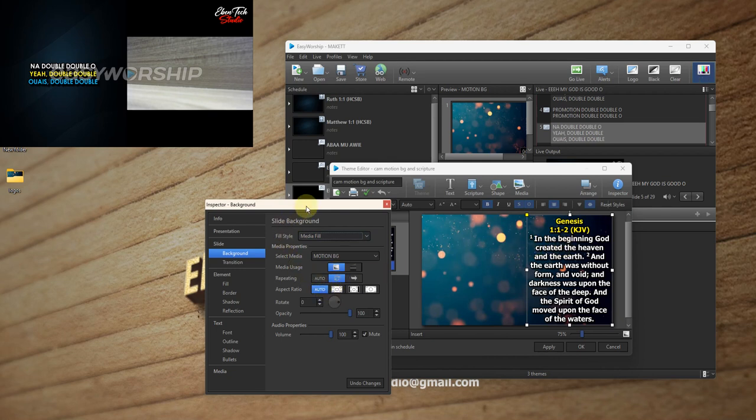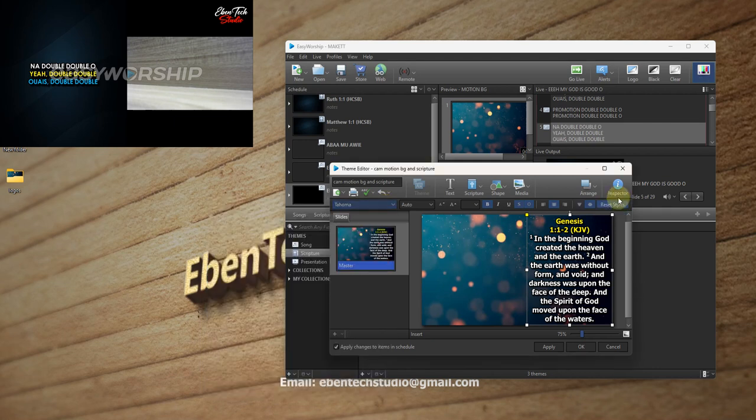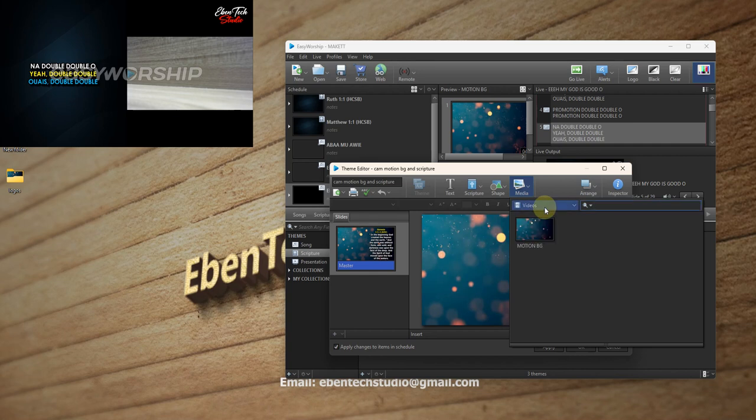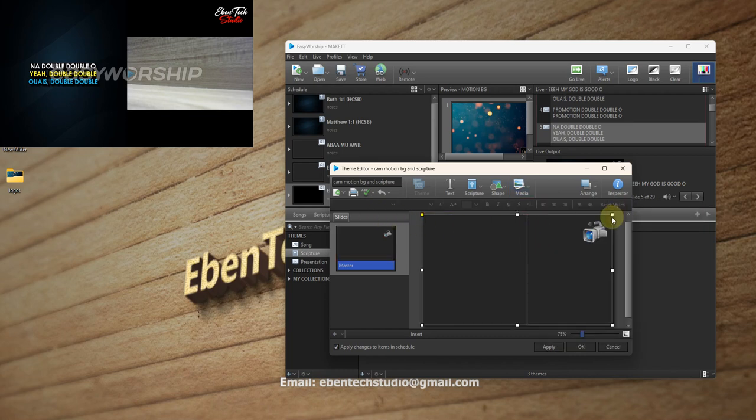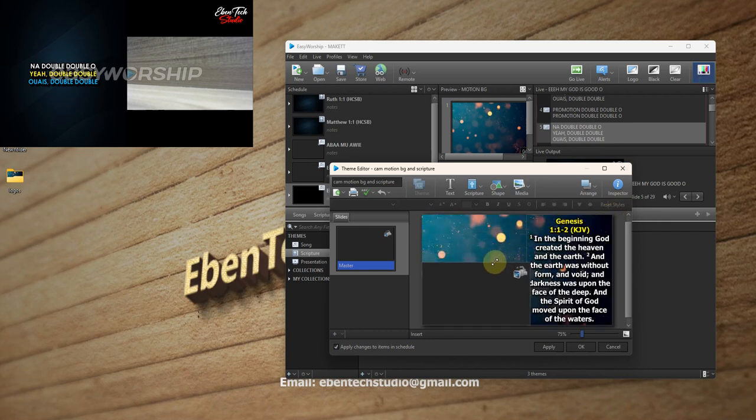Now that the video has shown, we also want to add our camera. So now let's add our camera. We come here, media. We choose, this is when we are adding a camera, we choose feed, and then we import the feed. So let's resize the feed. You can resize it to any size that you want. Now that we have resized our feed over here,